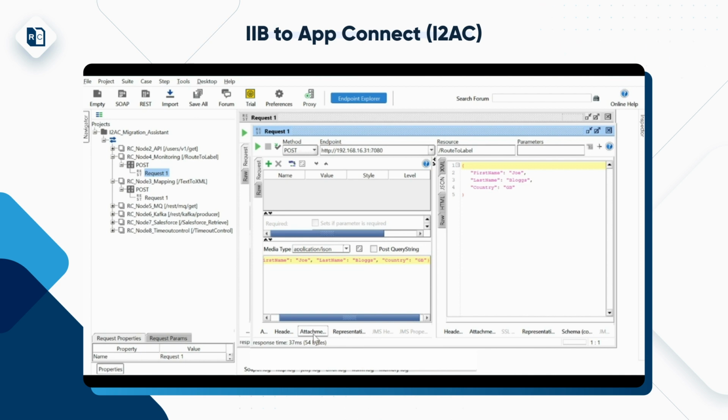Last time we showed that whatever nodes you have up and running, the I2AC application picks them up and shows them, and you can select whatever you want to migrate. Now we have added the feature that if any node is dependent on MQ, you can have that MQ listed in the application, and you can select whether you want to migrate MQ or select a node as well.